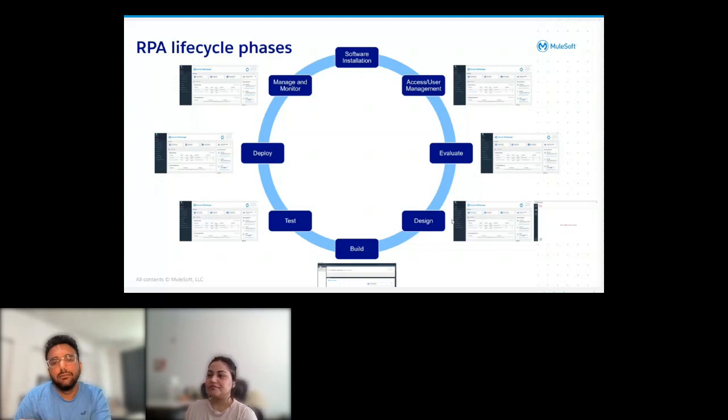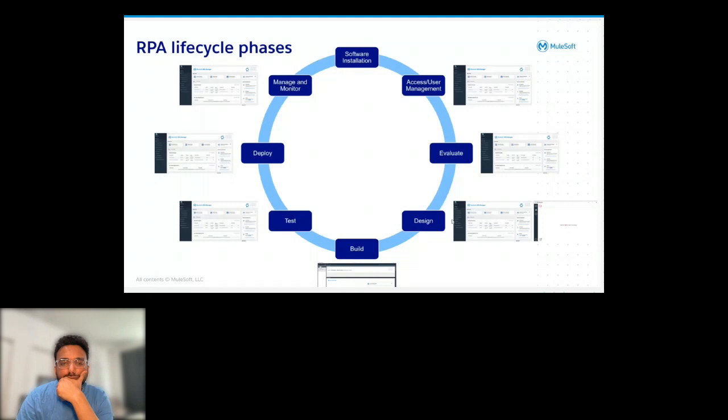And then comes the design phase. If you are familiar with designing APIs, we use RAML. Here we have a different phase called the design phase, which uses a separate tool, but more or less the process is the same. First we are designing, then we are building. That is what we are talking about today. Our session is all about the build phase.